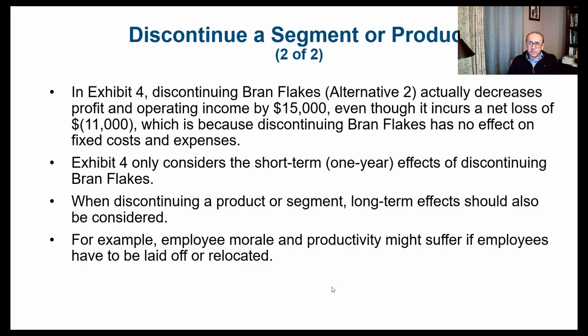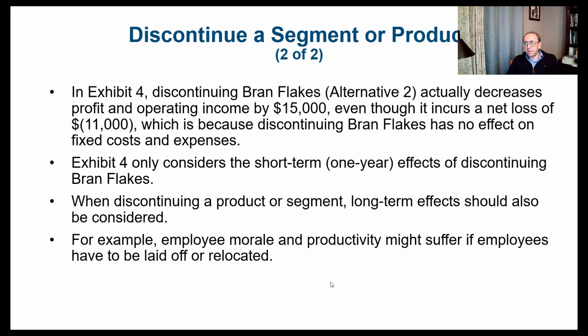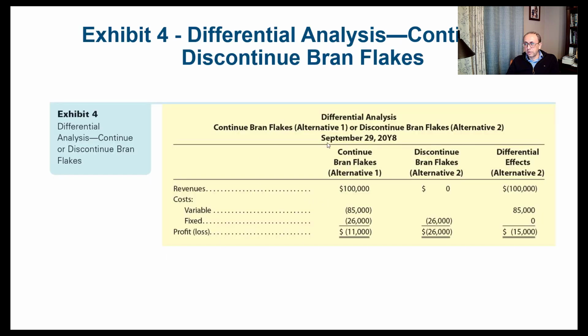So in the next exhibit, which is Exhibit 4 here, discontinuing bran flakes, alternative 2, actually decreases profit and operating income by $15,000, even though it incurs a net loss of $11,000, which is because discontinuing bran flakes has no effect on fixed cost and expenses. So let's try to understand that more. So here we have the two options: continue the bran flakes, which is the losing division,